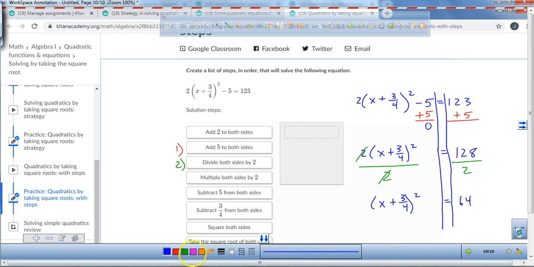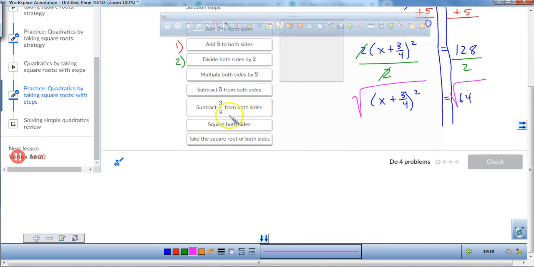Step number 3, got to take the square root of both sides. Alright, so step number 3, take the square root of both sides. Right there. And when you take the square root of both sides, you are left with x plus 3/4 equals plus or minus 8. Now the last step that we have to do is take away 3/4 from this side